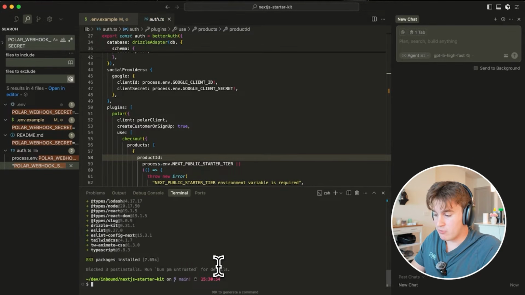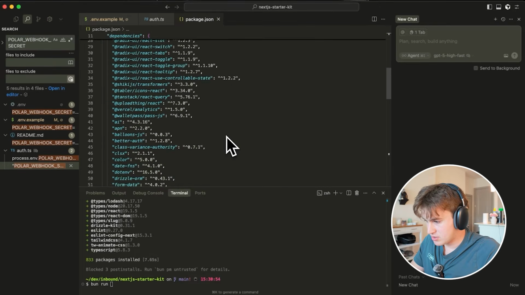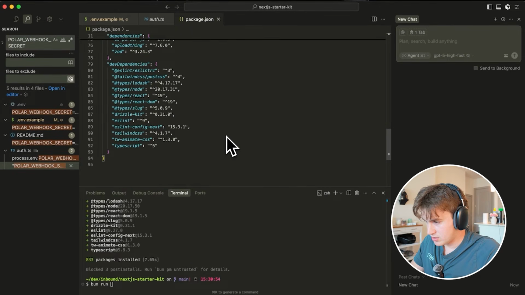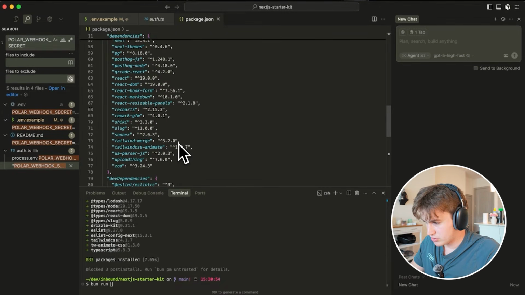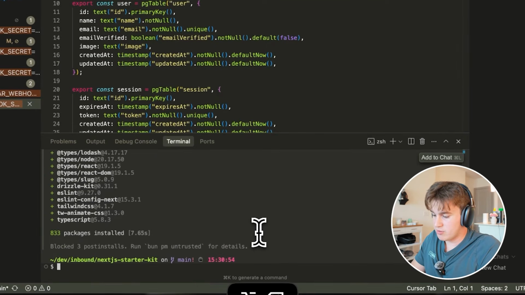Once that's done, we can now run bun run. Actually, we'll probably got to set up the database. We're using Drizzle, I think. We are. So that means we're going to need to run bunx